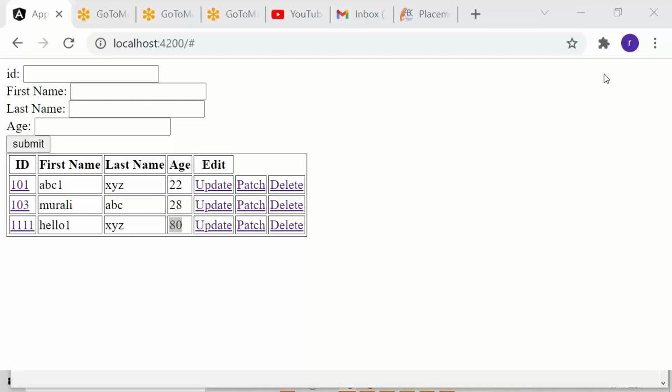Everything we have seen. But in the back end, we are using an array list. We are not using a database. In the next section, I'll show you the usage of a database. While using a database, a lot of things will be simplified.